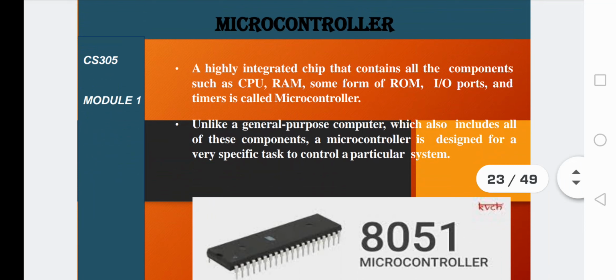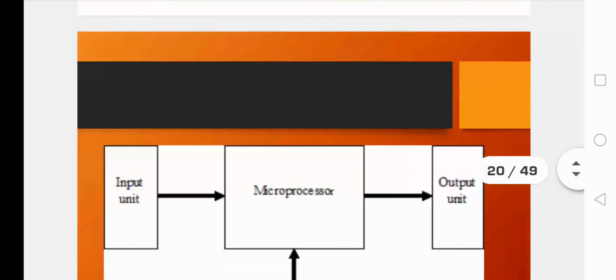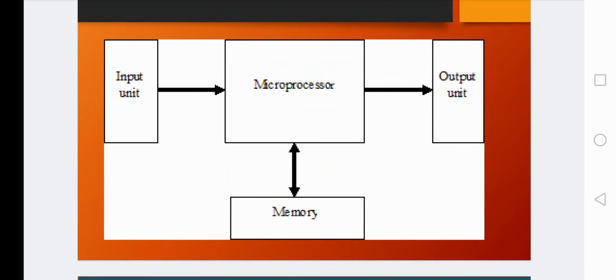In this context, I want to tell you one thing: a microprocessor does not have a memory, IO provision, or other things of its own. Whatever it has to perform, the corresponding units or support has to be provided externally. See this figure, I told you the microprocessor is actually an independent unit. It does not have memory or IO provision of its own. Whatever is provided to it, it will perform the execution operation, or the processing operation.